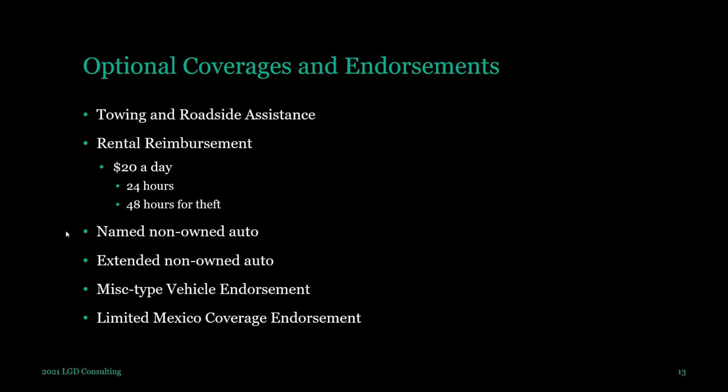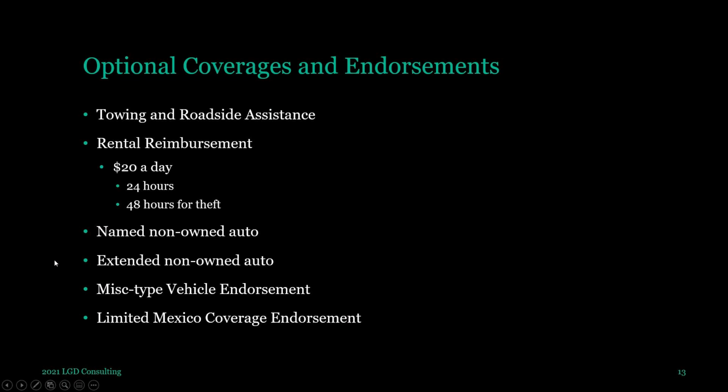Because if you don't own a car, you cannot insure a car that you don't own. So this is only going to give you the liability coverages, right? Part A, B, and C, when you're using someone else's car or if you rent a car. Because rental car companies don't have insurance. So if you rent a car, your insurance is primary. All right. And this will cover you for liability. Then you can get the physical damage waiver coverage at the rental car place.